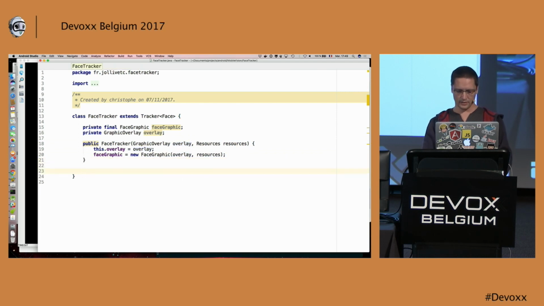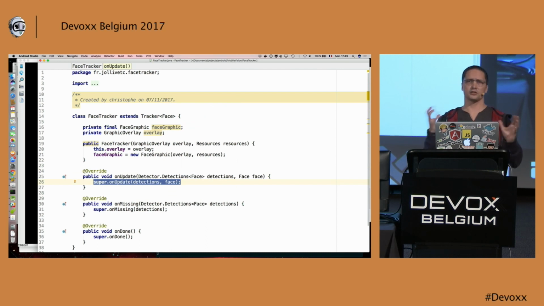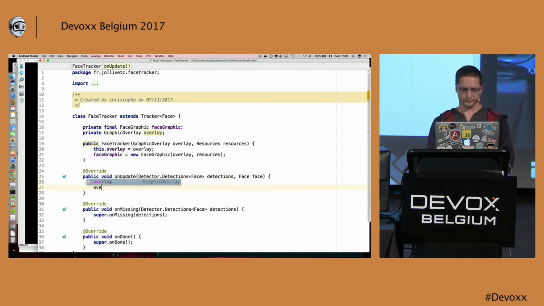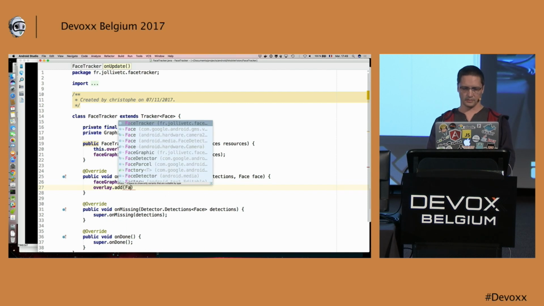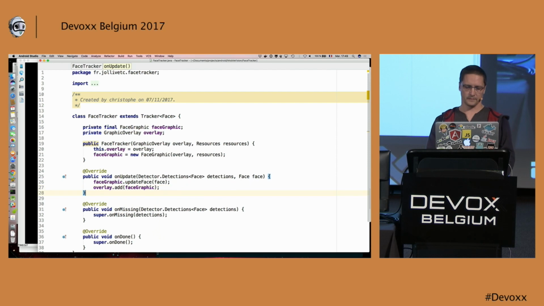And then I need to override some methods there. So I've got an update, which is called each time a new frame is analyzed. So what I will do on update is just tell the face graphic that the face changed, and I will add the face graphic to the overlay.